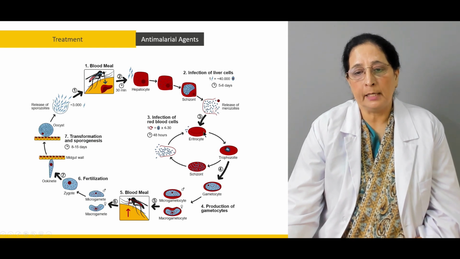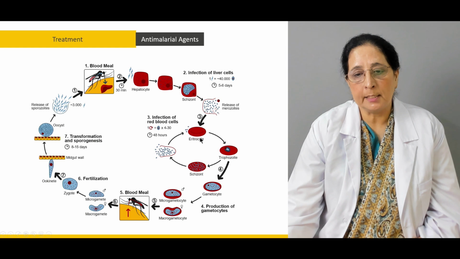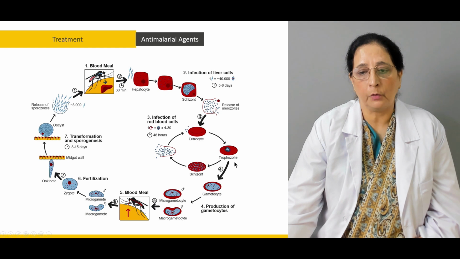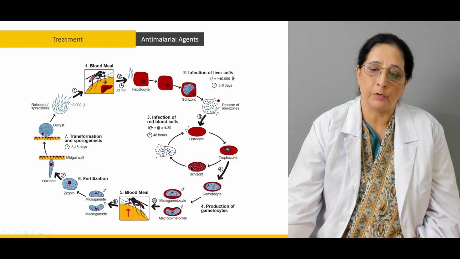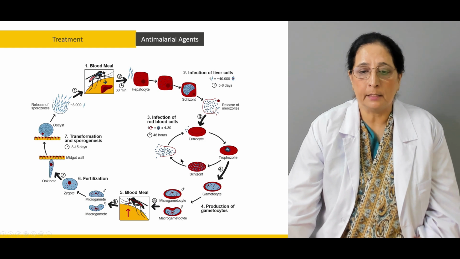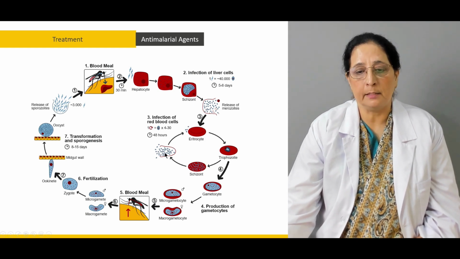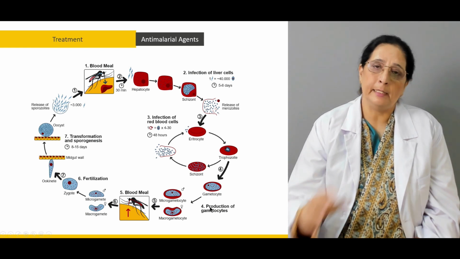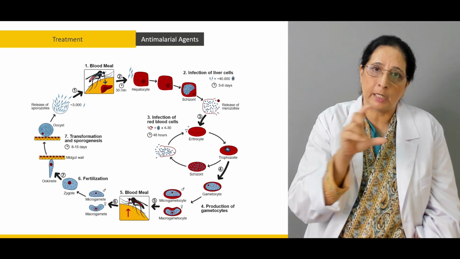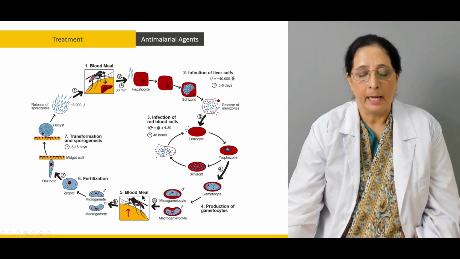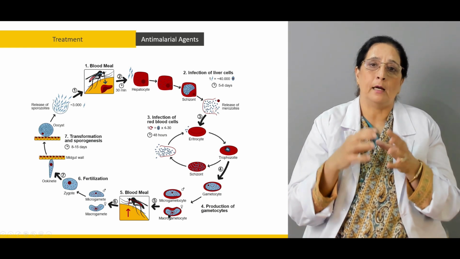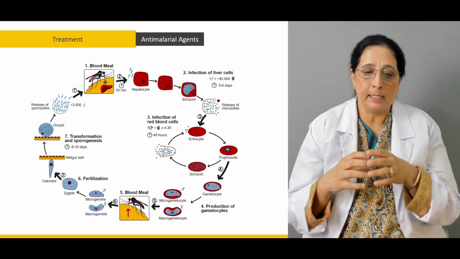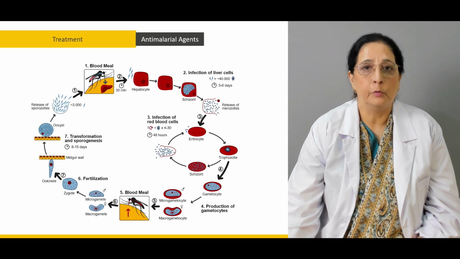These merozoites then go into the erythrocytes, and in the erythrocyte they form trophozoites. The trophozoites again form schizonts, and with the rupture of the erythrocyte the cells are released, but they also form gametocytes. The other way is they form the male and female gametocytes. And now these gametocytes are taken up by the mosquito with the blood meal, and there the Plasmodium cycle